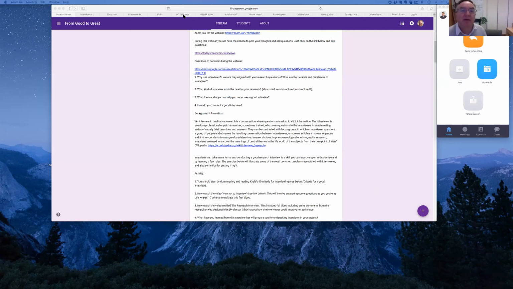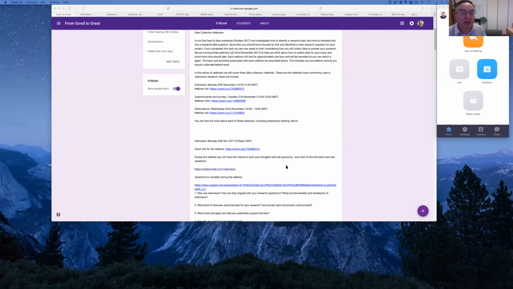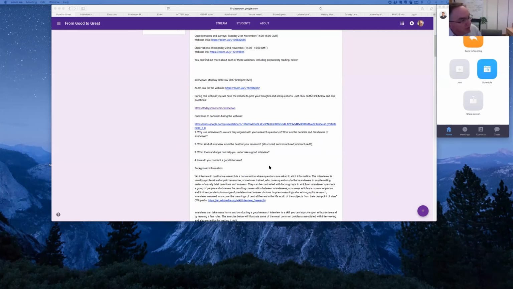Can anybody think of anything there that they might use technology for in this process? Don't forget to unmute your microphone if you want to speak. Anybody got any examples of how they would use the technology they've got to hand, so to speak?